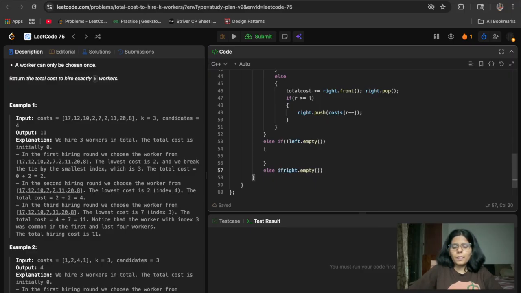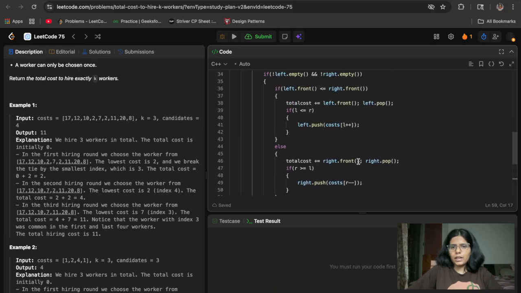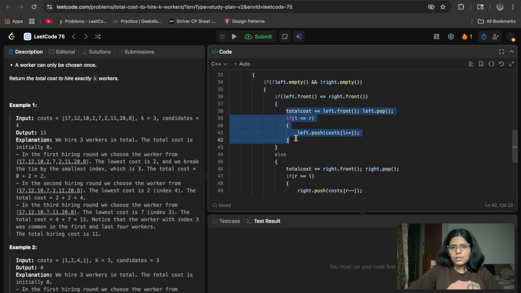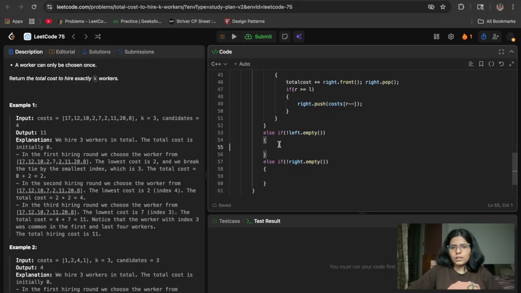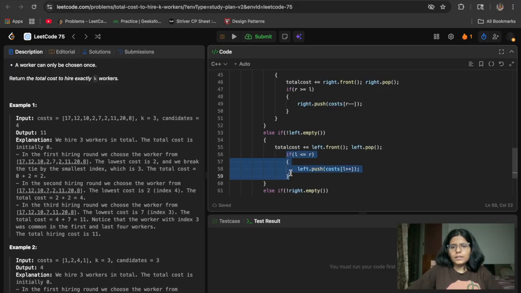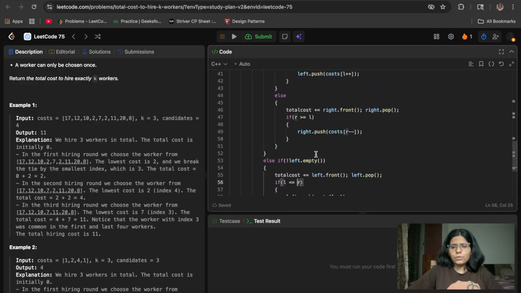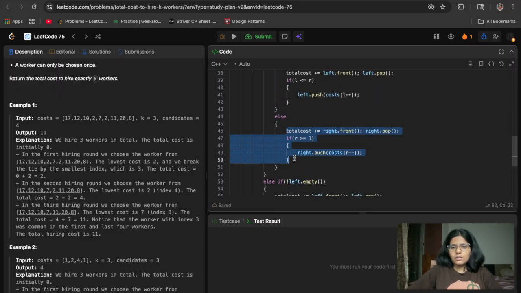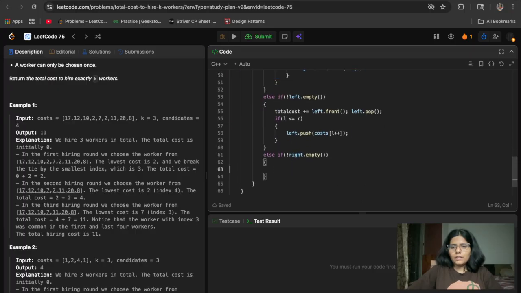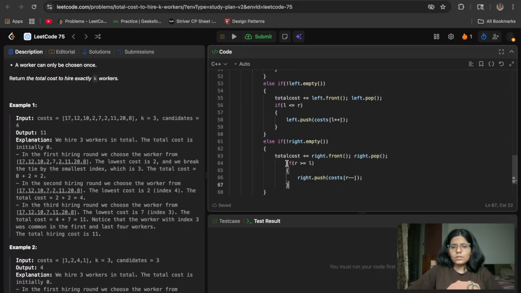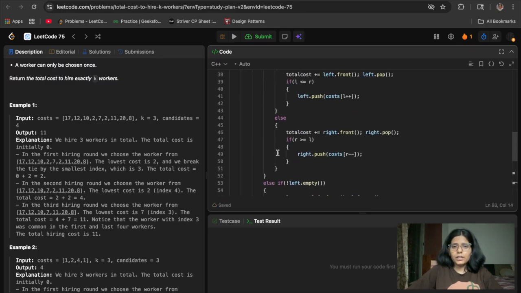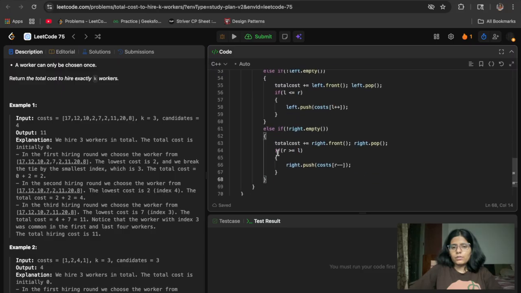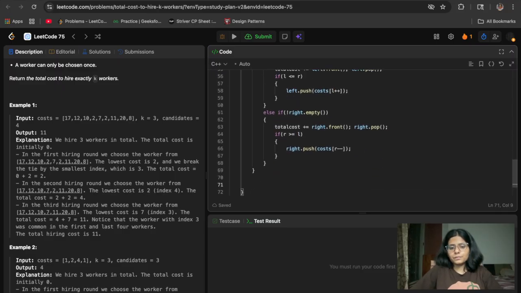So in that case, if left isn't empty, then I will add this thing. It means my right queue is empty but left isn't empty, and this other case means my left is empty, right isn't empty. Likewise we'll do it, and we'll return the total cost.